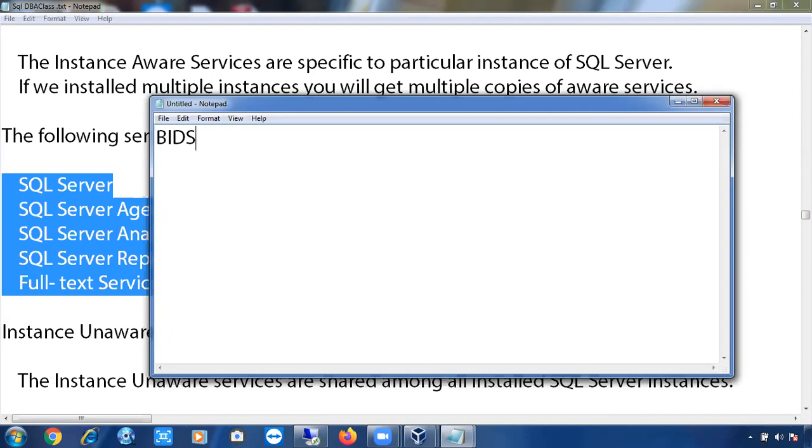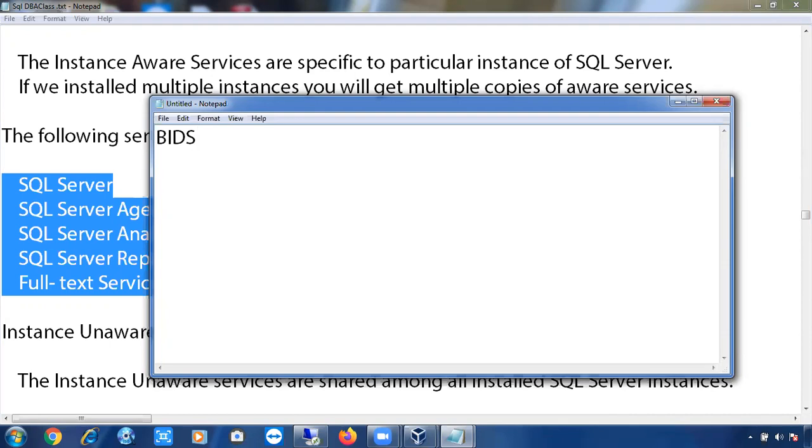Installing reporting services, integration services, and analysis services is not so difficult once you open the software. While selecting the features, you can select SSAS, SSRS, SSIS, but not for all the instances.